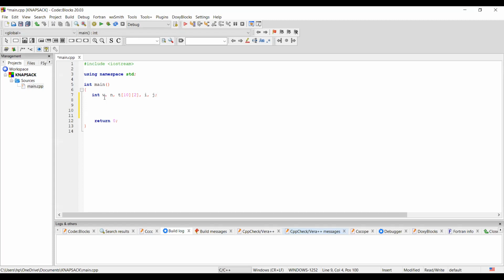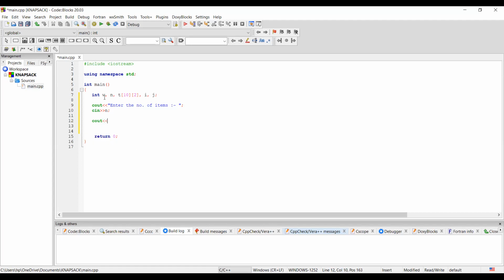So let us start. First of all, we will ask the user to enter the number of items. Okay, so we are going to type everything from scratch and let's hope that the program works. And it says cin N. So how many items do we have in our knapsack problem is N. So one input is done.